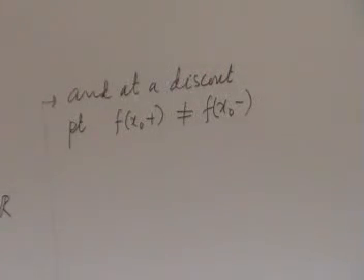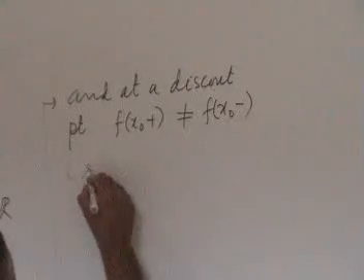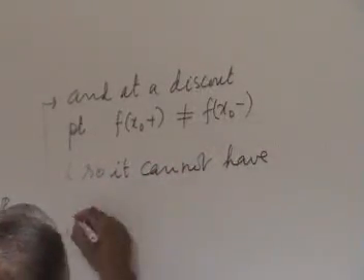So either the function is continuous, or it cannot have a removable discontinuity. What is a removable discontinuity? Both left and right limits coincide, and I can redefine the function at x naught to be that common value and make it continuous. Here there is no way to do that. So there is no removable discontinuity, it's a strict jump type discontinuity. And so you cannot have a removable discontinuity.